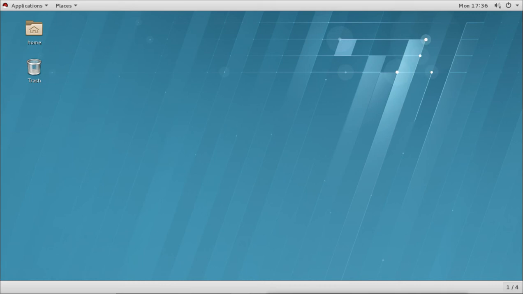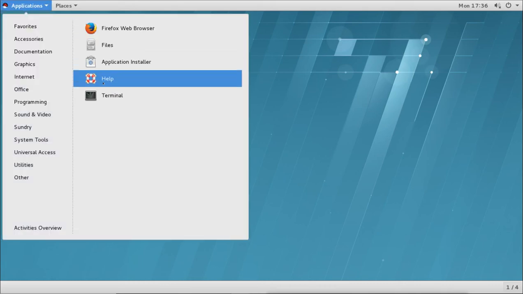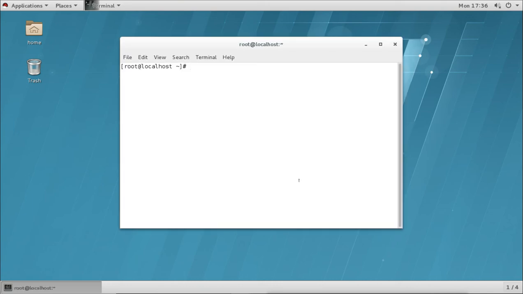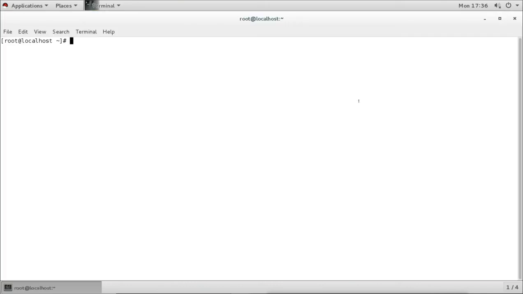So what we did here right now, we have increased the timeout, and also we have removed some parameters from the kernel line. When the kernel is loading, we have removed some parameters from there, and what we have removed is the RHGB quiet option. We can verify now the main file.